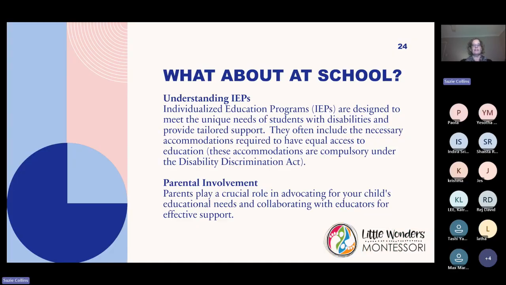So I'm just going to flick over a little and go, well, let's see how things work within a school environment. So a couple of things, this sort of goes back to a little bit of that medical model, but every school, and usually when there are children who are having some difficulties within the neurotypical world of a school, is that some individual education programs are identified for those children who struggle in that environment. And they're usually designed to meet the unique needs of the students with, again, in that government department, we use the term disability so that we can provide the right support.